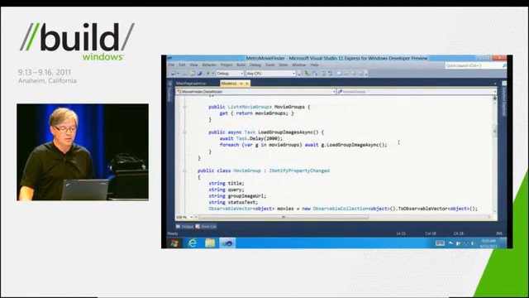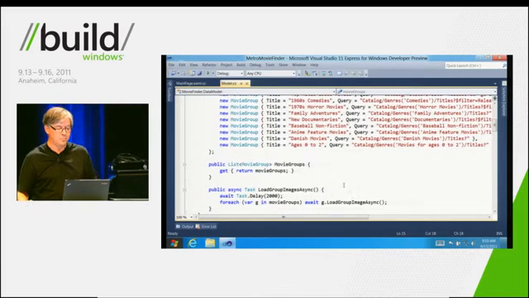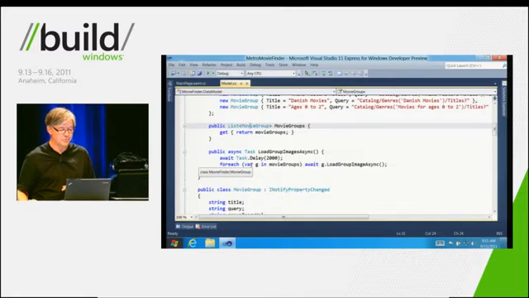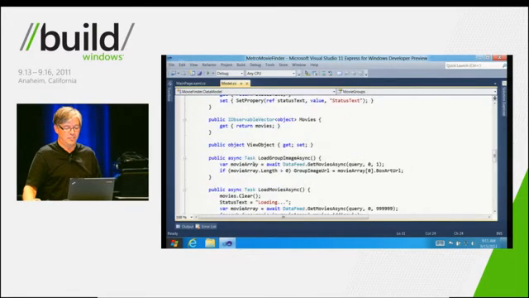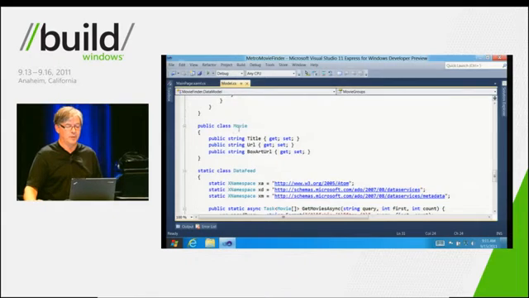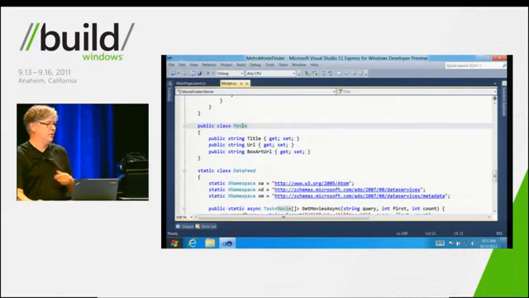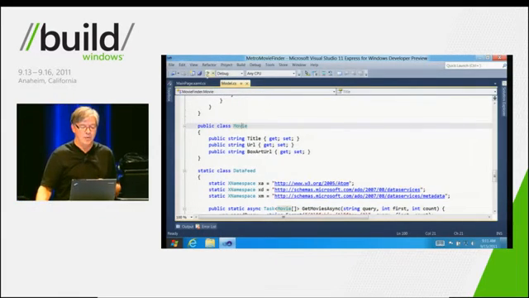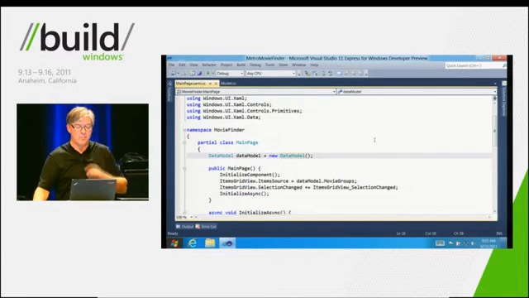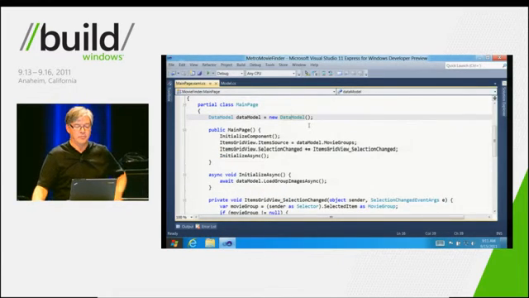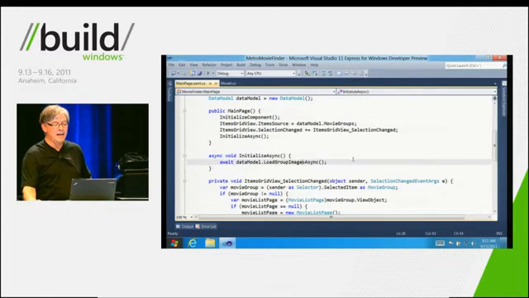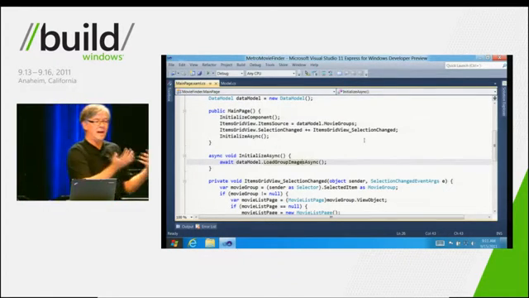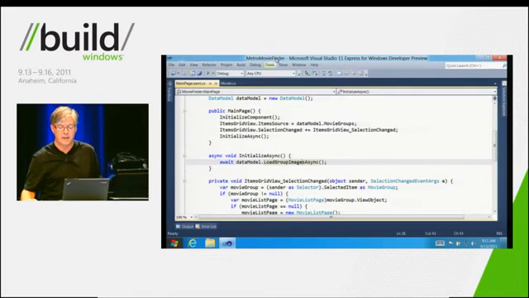And then you see that each of these groups has a list of movie groups. And a movie group in turn has title, status, and so on. And ultimately down at the bottom, it has a collection of movies. Now, if we look at how the app runs, when we run the main page, you'll see that we initialize the app. And then in here, after initializing the app, we then call, or sorry, no, let's actually look at